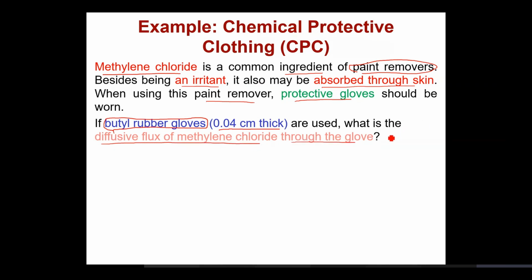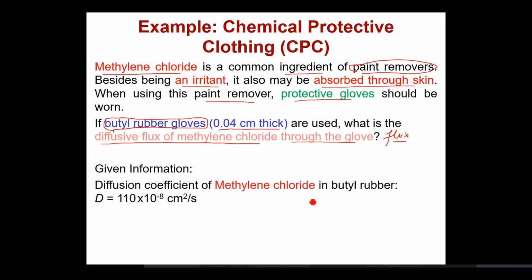So you have to find out the diffusive flux through the butyl rubber for methylene chloride. The information given is that the diffusion coefficient of this irritant chemical through the rubber gloves